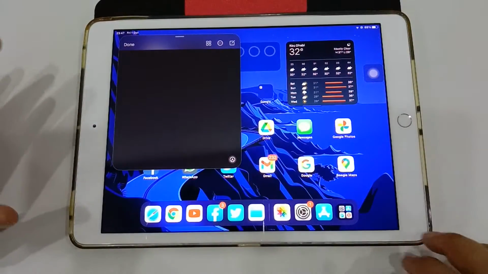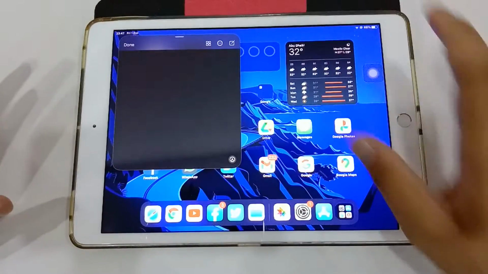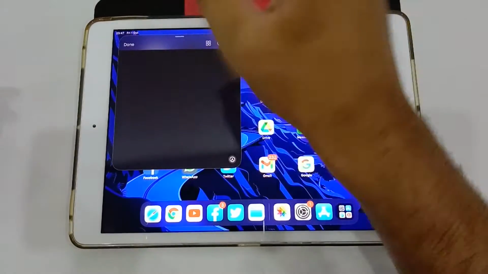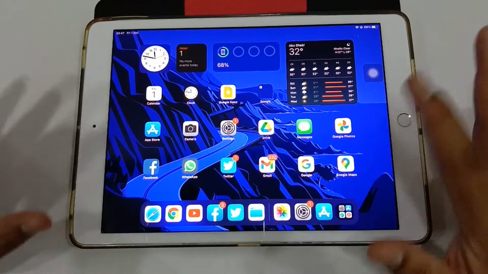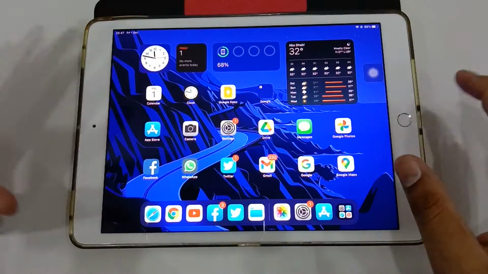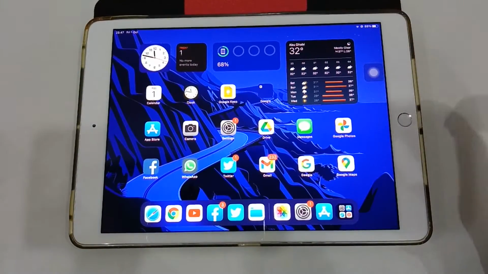And the thing is that Apple hasn't limited it to any particular iPad. So if you have the Apple Pencil, you quickly make some notes, then just save it and you go into the Notes app. That's one of the things I've told you right now. Those are the major differences between iPadOS 14 and iPadOS 15.